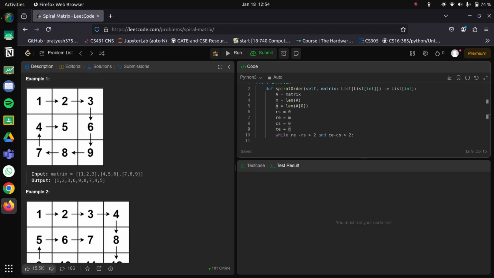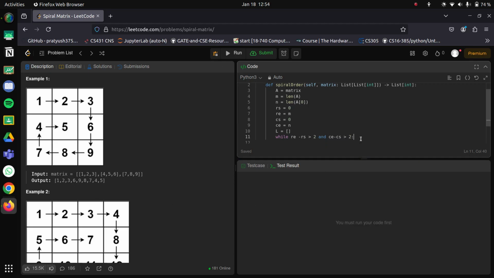So first you need to have a list, right. I'm not gonna create the array and then keep maintaining a counter. I'm just gonna keep appending stuff inside of it to make it better. Fine. So while row end minus row start is bigger than 2 and column end minus column start is bigger than 2,